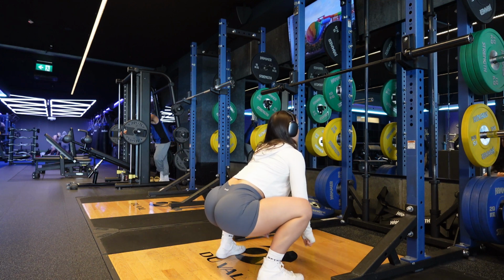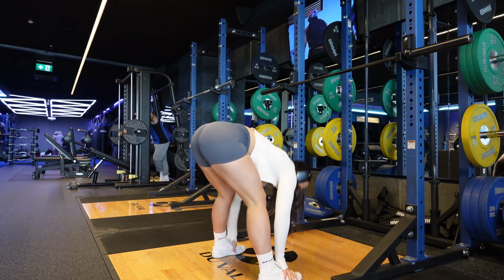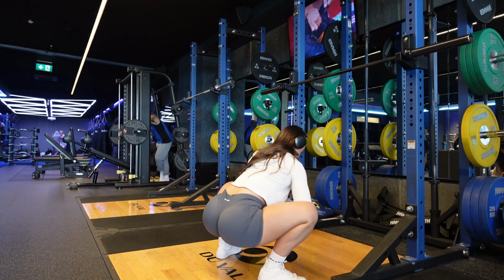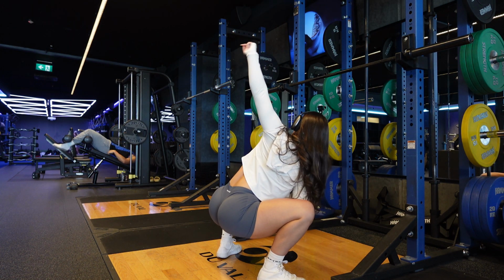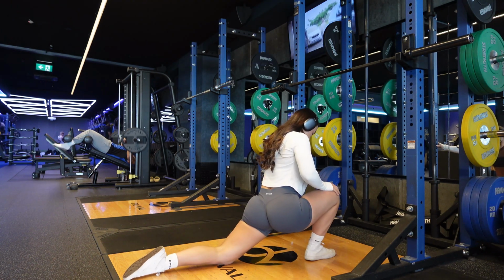So you basically just want to focus on any problematic areas that you might have and choose dynamic stretches that are going to be based around that. So for me, it's my hips. I like to choose dynamic stretches that are going to open up my hips and just really mobilize them and warm them up ready for my workout. And I won't do a certain amount of reps or seconds for each of these stretches. I'll kind of just do them until I know it feels right and mobile enough,